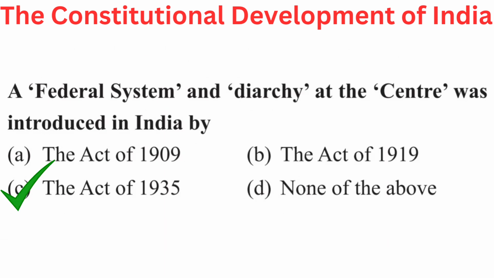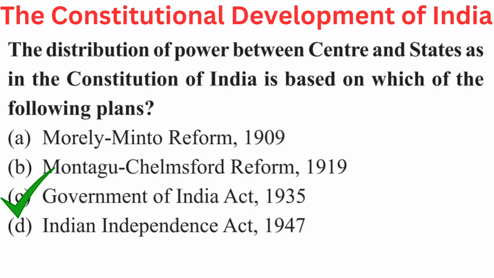Your question is, a federal system and diarchy at the center was introduced in India by. Your options are A. The Act of 1909, B. The Act of 1919, C. The Act of 1935, or D. None of the above. Right answer is C. The Act of 1935. Your question is the distribution of power between center and states as in the Constitution of